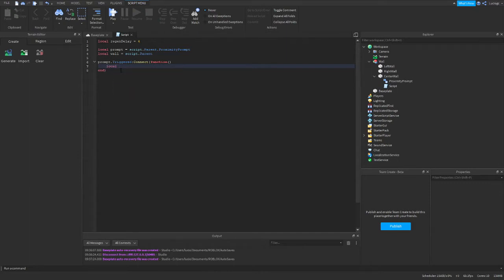So to do that, we're going to type local clone wall is equal to wall:clone. And that's that wall. Then we're going to clone it. Then we're going to go to our clone wall and we're going to parent that